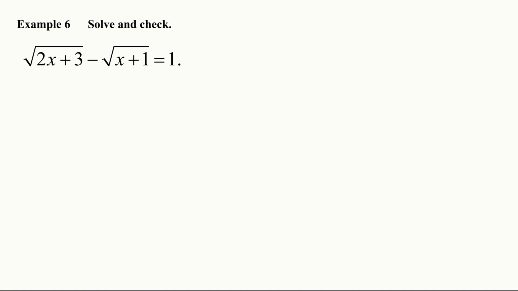All right, here's another equation we're going to look at now. Remember, the instructions said try to get your radical on one side, but when you have two of them, that's pretty much going to be impossible, right? So we'll do the next best thing, which is try to have at least no more than one radical on each side. So let's go ahead and move this one to the other side. And it's a negative term, so when it moves to the other side, it becomes positive. So we get,